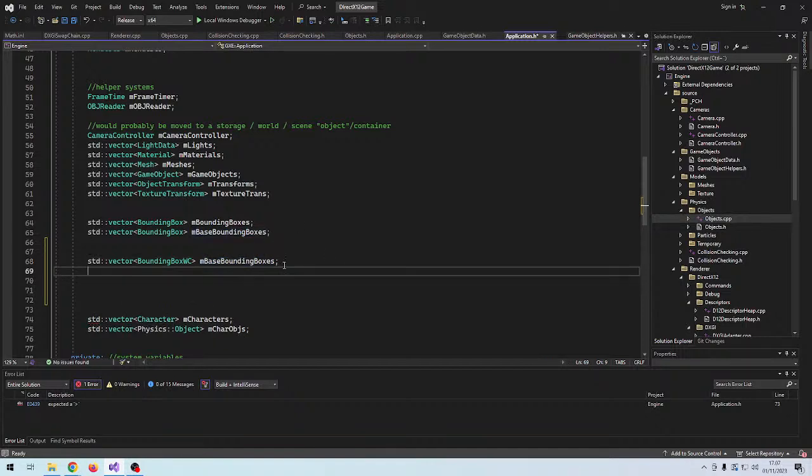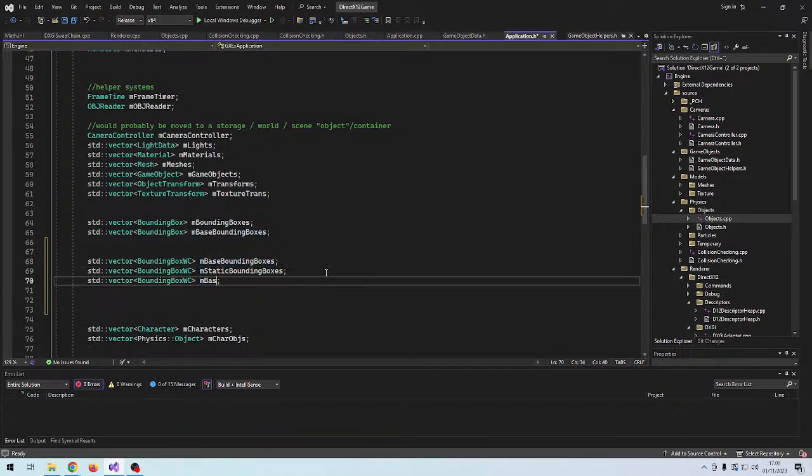as before. Then we will actually create something that we call static bounding boxes, and then dynamic, meaning, because this is going to be an optimization, because we will have our base bounding boxes for doing different calculations in terms of